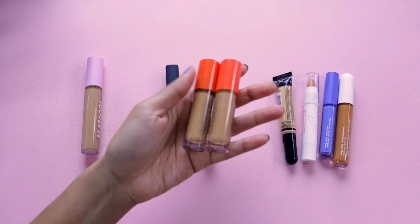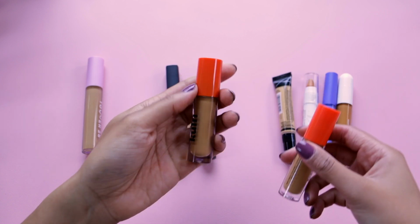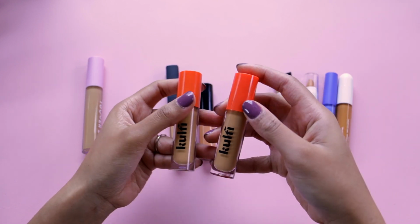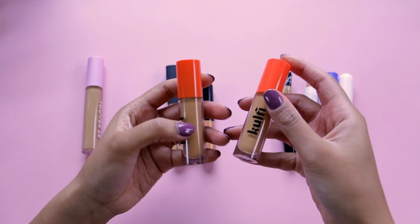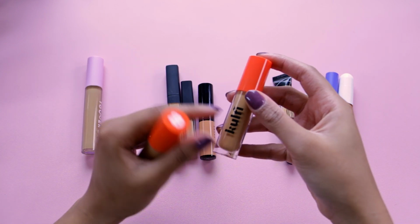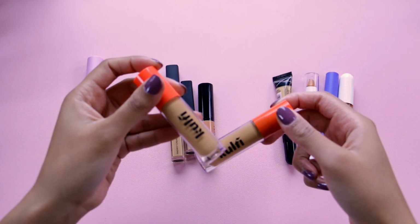All right, this is my favorite concealer formula. These are the Kulfi Main Match Concealers. This is Glossy Guava, which I've had for ages now and smells like paint, so you gotta go. But I got Koya Kisses because Glossy Guava is just very close to my skin tone, so it's great all over my face, but I wanted something a little bit lighter for underneath my eyes, and Koya Kisses has been pretty nice,